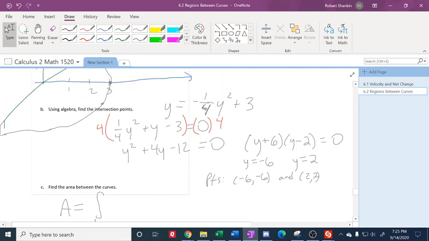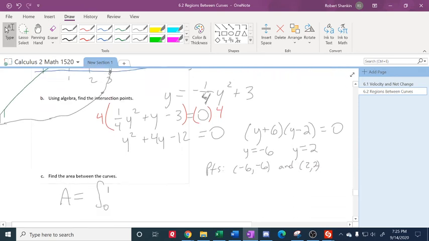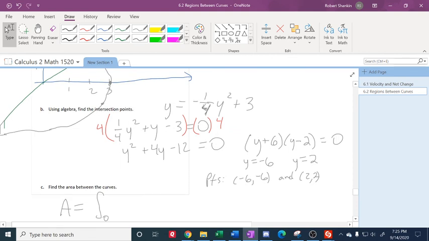It would be 0 to, is that 6? This point over here is -6, -6. This point is 2, 2. And this way over here is 3, 2. You would plug in the point for when x is equal to 2, what y is. The y would also be 2. Oh, okay. So from 0 to 2. Yep. Okay, 0 to 2